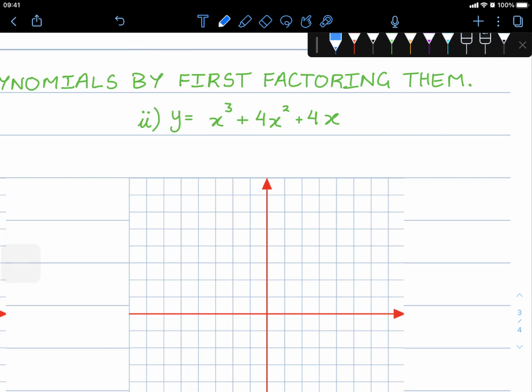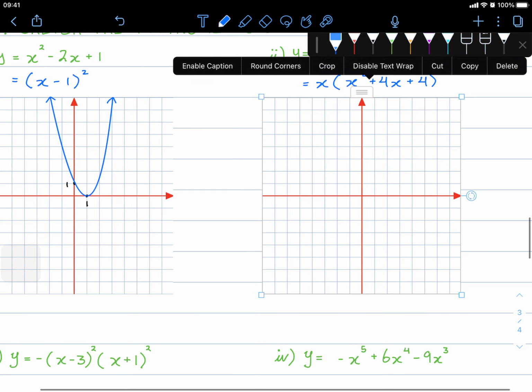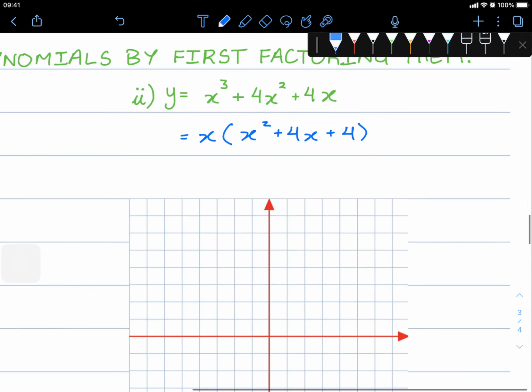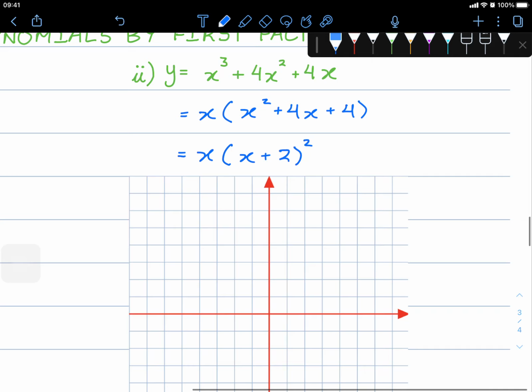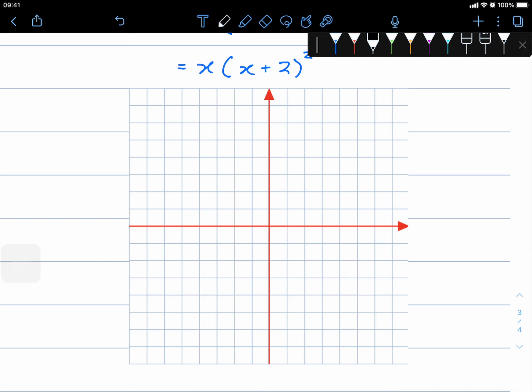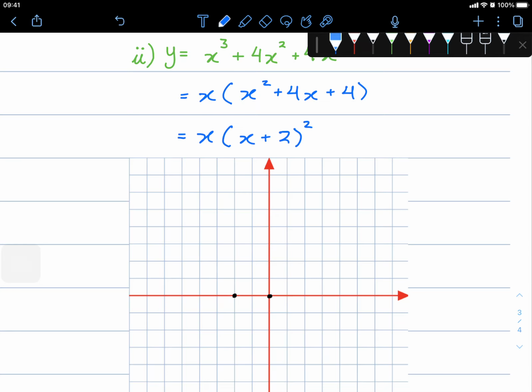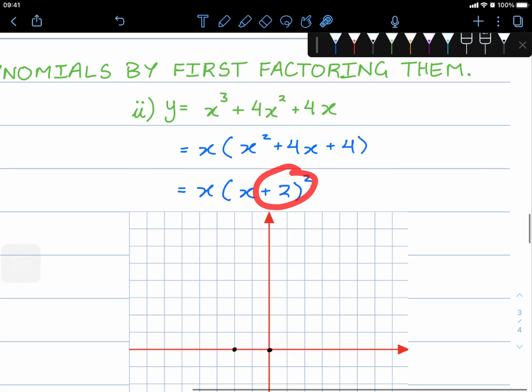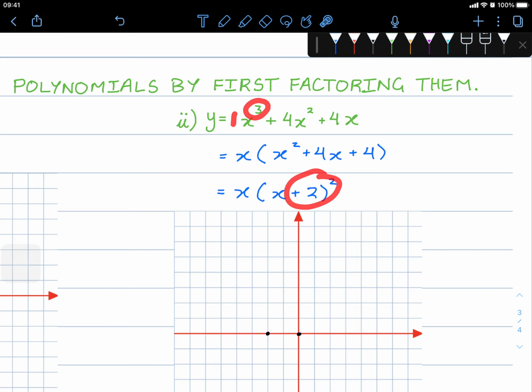So for this one, we need to factor it first. We can take x out from each term, leaving us with x squared plus 4x plus 4. We can factor this further as x outside of x plus 2 all squared. So we have an x-intercept at -2 and at 0. We have a repeated root at -2,